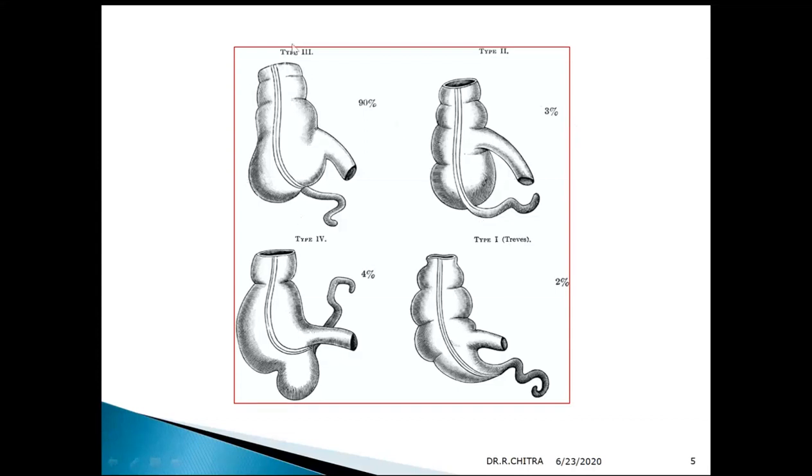So this is the normal type or the adult type. In this, right saccule is larger than the left saccule. It will be present in the 90% of the population. Another type is the exaggerated type. What is exaggerated? Right saccule is exaggerated as if there is no left saccule at all. So this is present in 4% of the population.